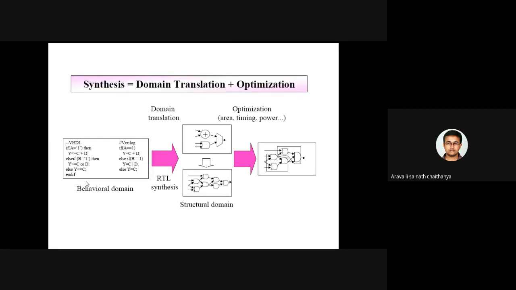So this RTL, that means the HDL description or program code, is automatically converted into your structural representation or gate level representation, because all these are logical gates, or sometimes modules or submodules interconnected among themselves using wires. That is why we call it a gate level netlist. That means the domain has been translated, right, from here to here.